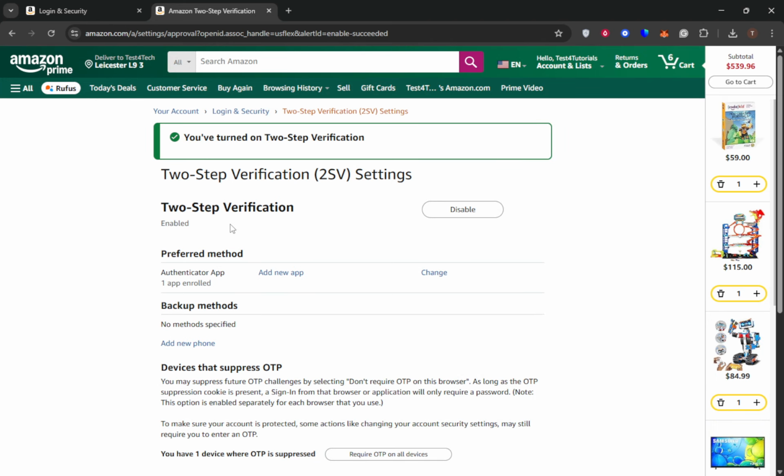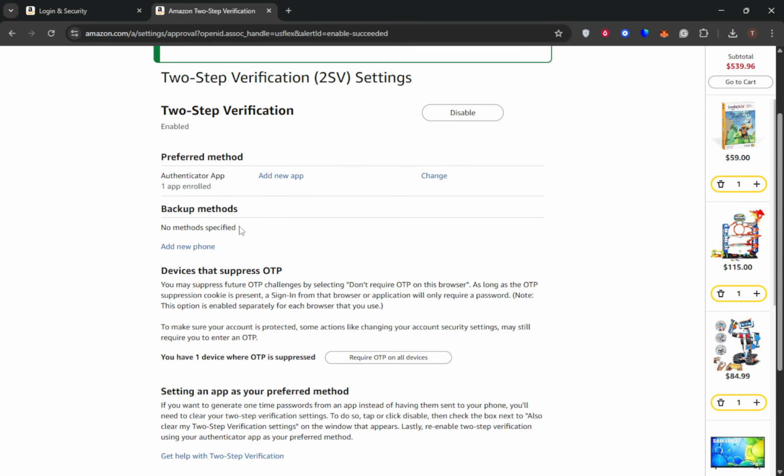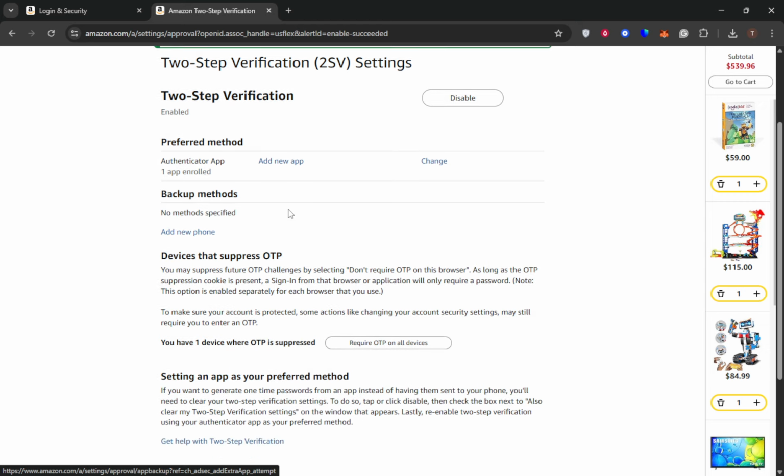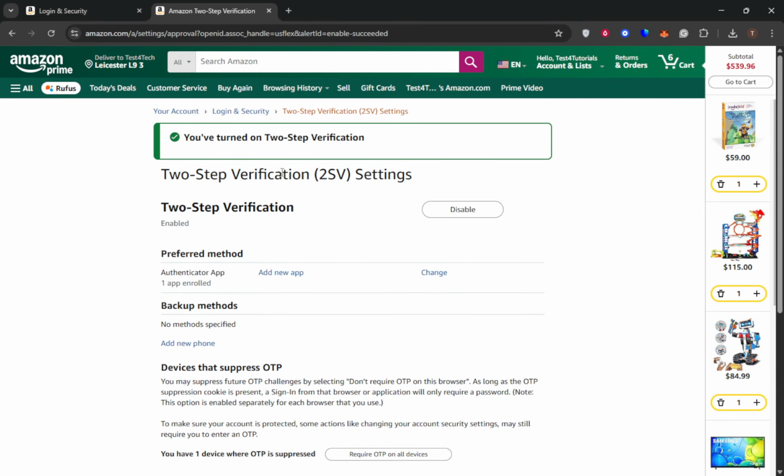You could use another phone number or even a second app for this purpose. It's crucial to have this backup in place to ensure you can always access your account. Once this setup process is completed, two-step verification via the Authenticator app is successfully enabled for your Amazon account. From now on, every time you sign in, after entering your password, you'll be prompted to enter the code generated by your Authenticator app. This process greatly increases your account's security, and it's a step worth taking to protect your